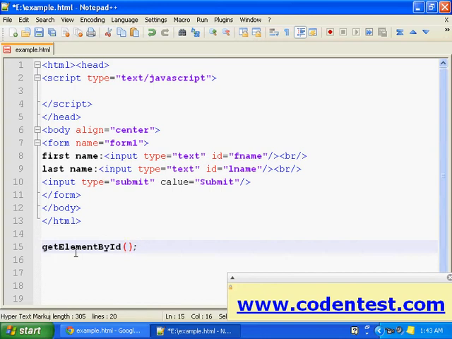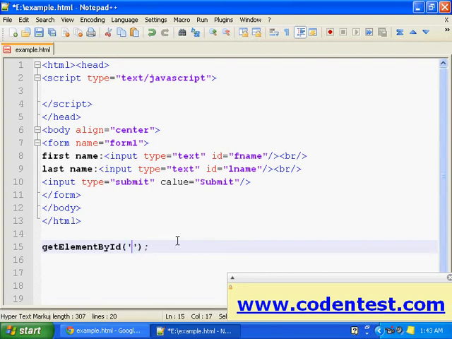Here you can use double quotes or single quotes inside the brackets, and the ID of the element you want to access. Here we want to access first name, so fname: getElementById fname.